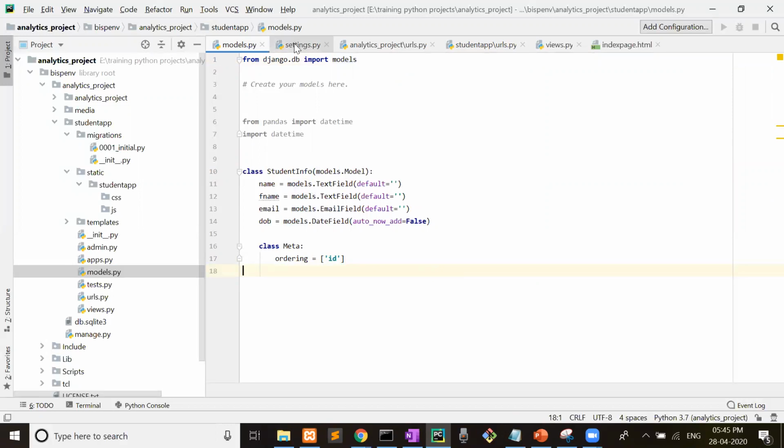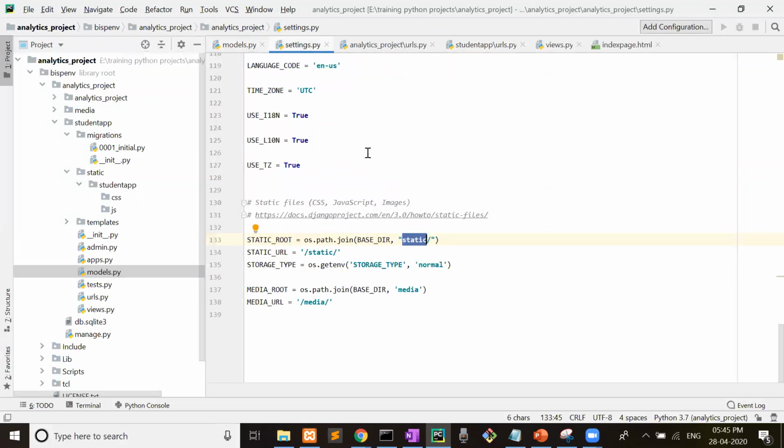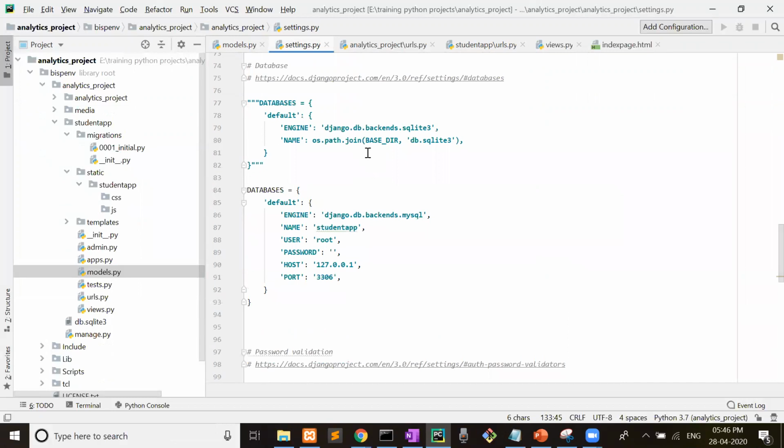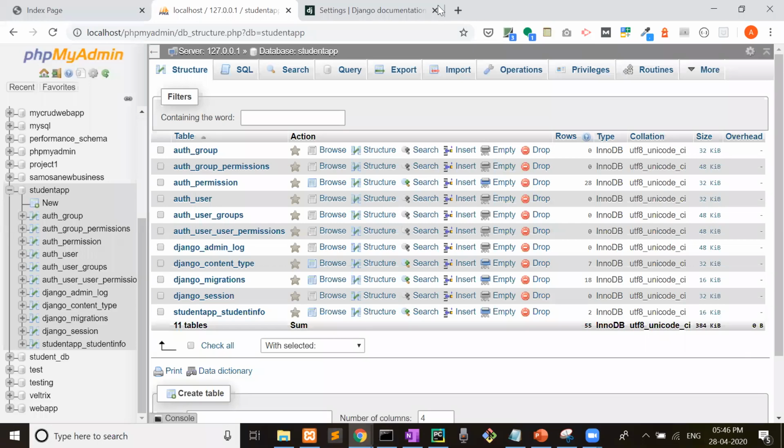After that, go to settings.py and define this table's database connectivity. Let me copy this, and go to another tab. You will be redirected to another page, that is the Django page.